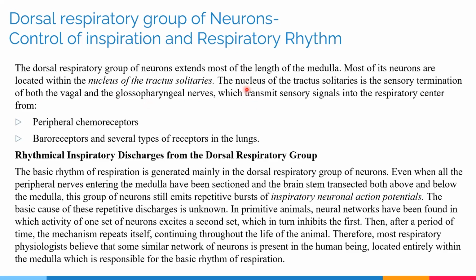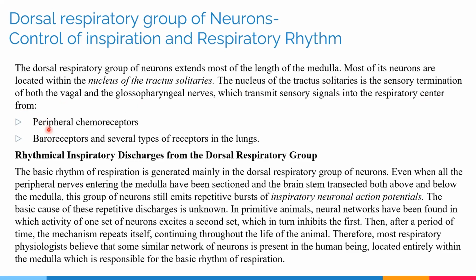So here the nucleus means the collection of cell bodies that are present in the tractus solitarius, which is in turn the sensory termination for both the vagal and the glossopharyngeal nerves, which transmit sensory signals into the respiratory system,